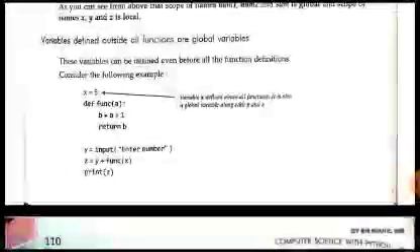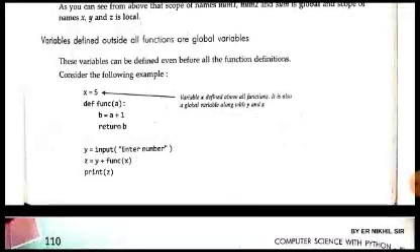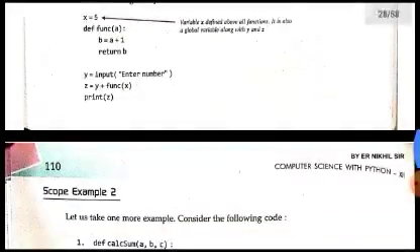Okay, tomorrow I will upload the last video of this chapter, which is about passing lists, tuples and dictionaries to functions, and then this functions chapter will end. Then we will start the next chapter, which is using library functions in Python. Using functions and libraries is our next chapter. We will start that either tomorrow or the day after tomorrow.